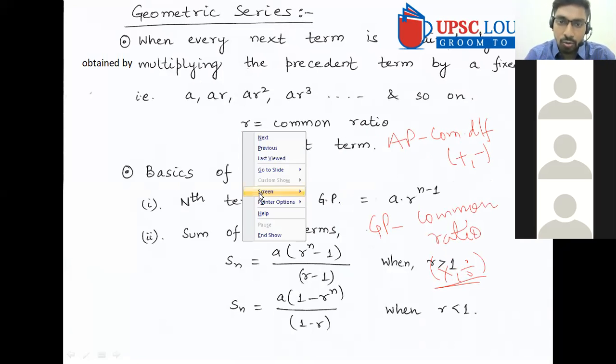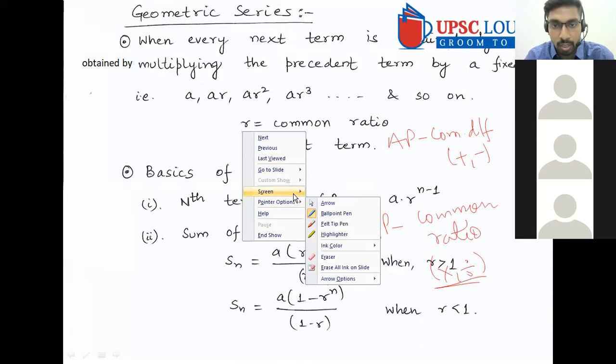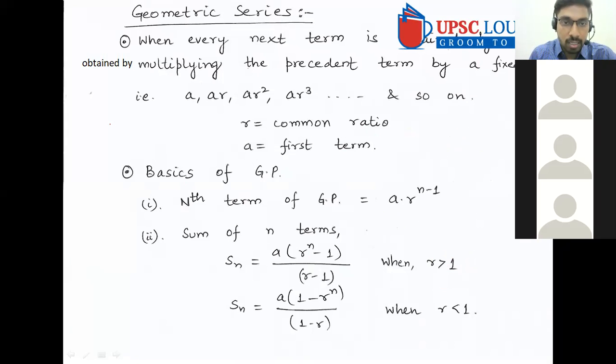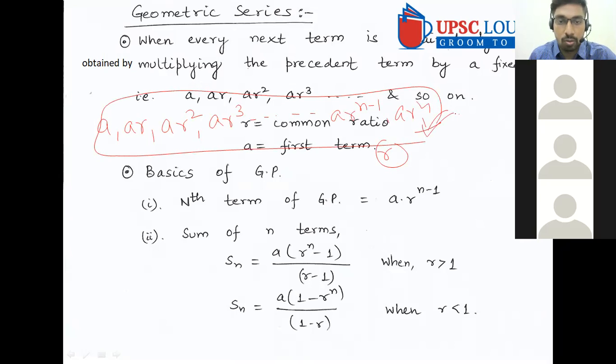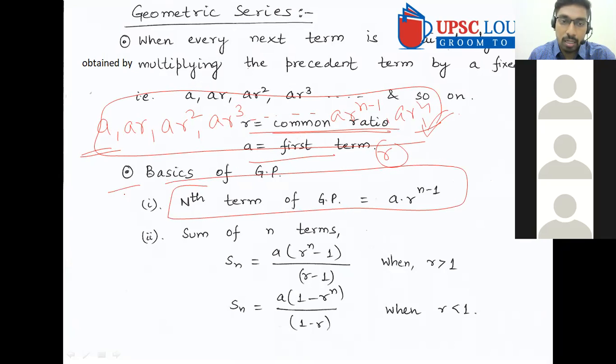And the first term, as usual, is A. So here also the first term will be A only. If A is your first term and R is your common ratio, I already told you that in GP you have to multiply by the common ratio. So you can easily calculate the terms like this. Okay. So if you need to calculate Tn, that means the nth term of a GP, then this formula will be